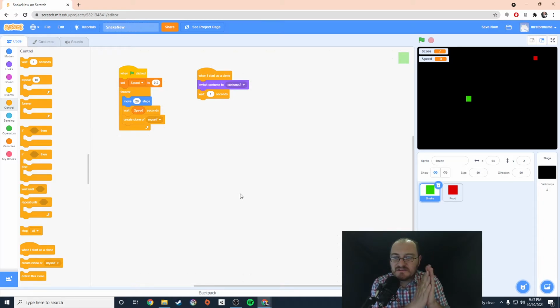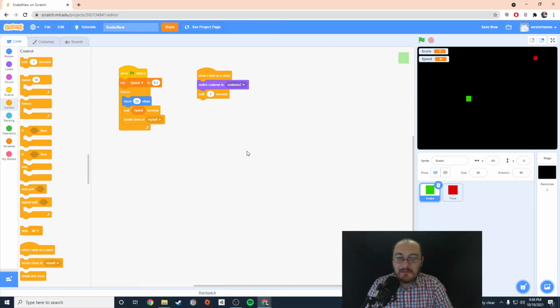Meaning, if the speed is set to 0.2 and the score is 1, it's going to wait for 1.2 seconds and then delete. If the score is set to 7, it's going to wait for 7.2 seconds, then delete. And then we should have 7 or so clones trailing the snake head as it's moving. Hopefully